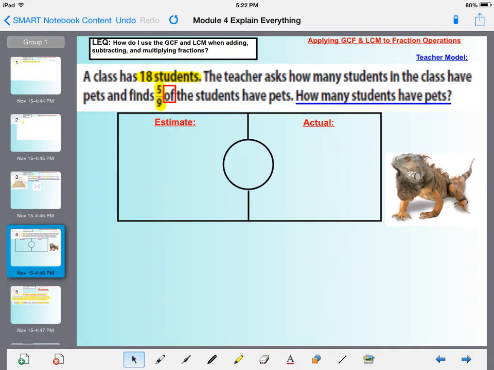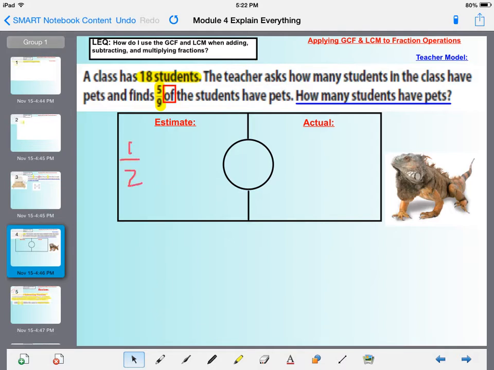So 5/9 is not closer to 0. That would be like 1/9. 5/9 is not closer to a whole. That would be like 8/9. 5/9 is really close to the half because half of 9 is 4.5. So when I'm estimating, I'm going to go ahead and do